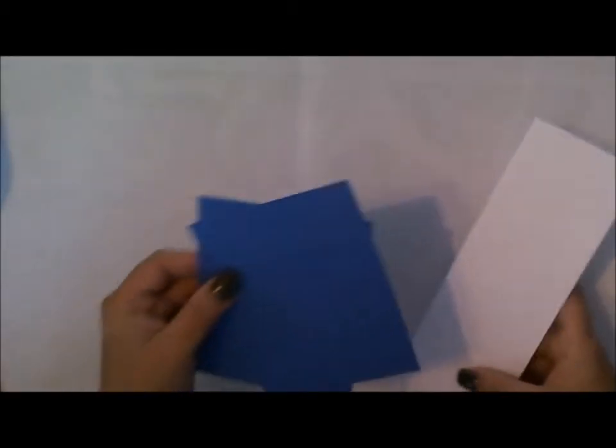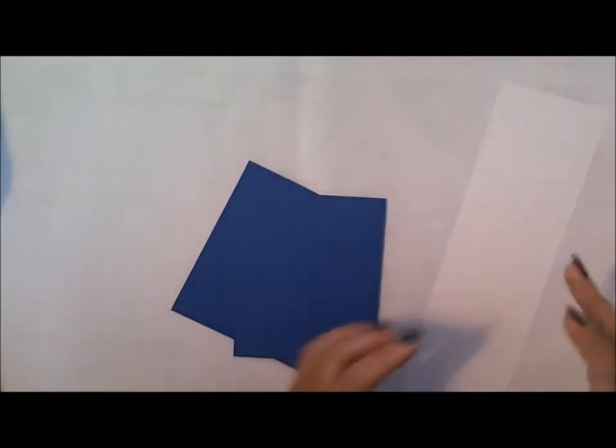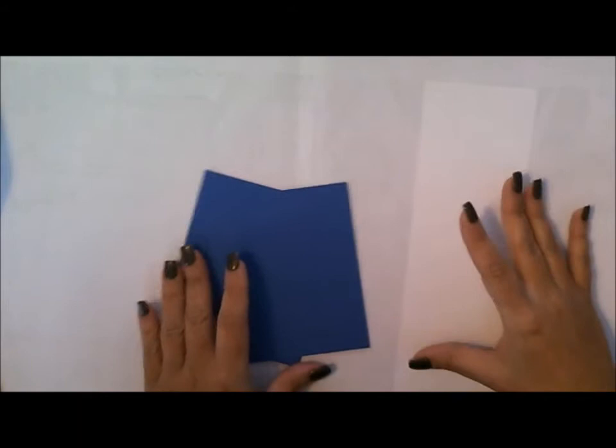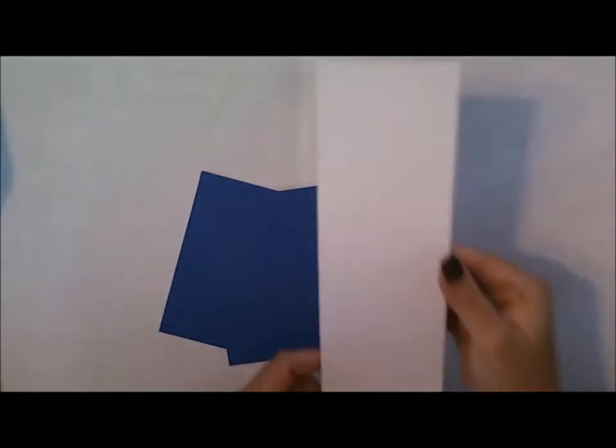Today I'm going to show you how to make a really fun box. It's going to consist of two lids and an inside piece. The lids are going to be 2 by 3, and the inside box is going to be 2 by 3 by 3. So the things that you're going to need for this project are a piece of white cardstock,